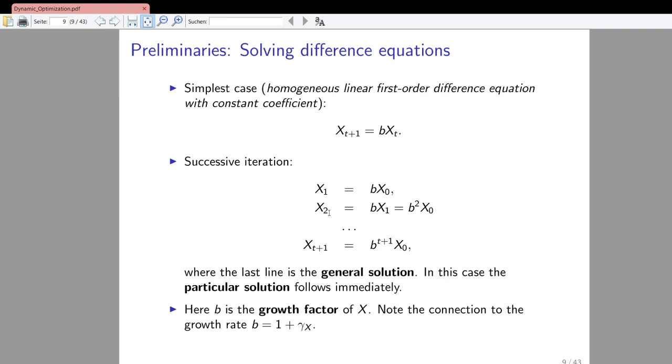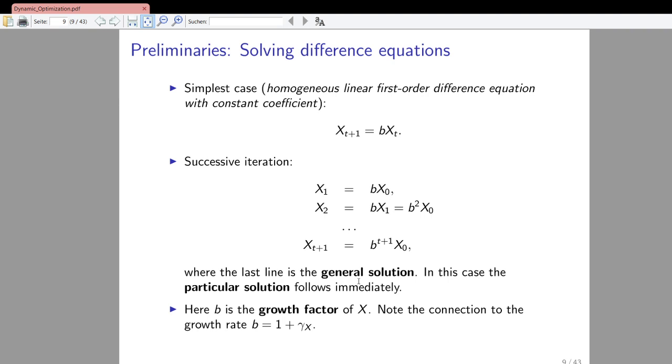So for example, for time period 2 we would have x sub 2, which is b times x sub 1, again according to the definition of this equation here. And then we just plug in x1 from here. That means we have b times b times x0, so that's b squared times x0, and so on and so forth for each point in time. And in the end, at x sub t plus 1, we would arrive at b to the power of t plus 1 times x0, and that would be the general solution of the homogeneous linear first order difference equation